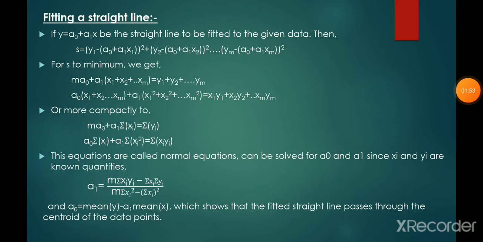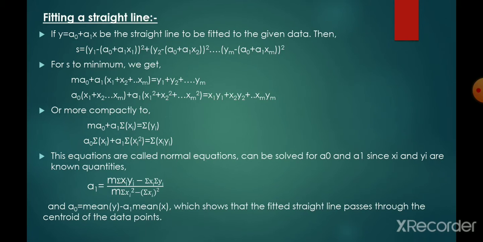We are discussing below how to fit a straight line through given data points. That is, if y equal to a0 plus a1x is the straight line to be fitted on the given data, then S equal to y1 minus (a0 plus a1x1) whole square plus y2 minus (a0 plus a1x2) whole square plus etc plus ym minus (a0 plus a1xm) whole square. So for S to be minimum, taking dou S by dou a0, we get the equation